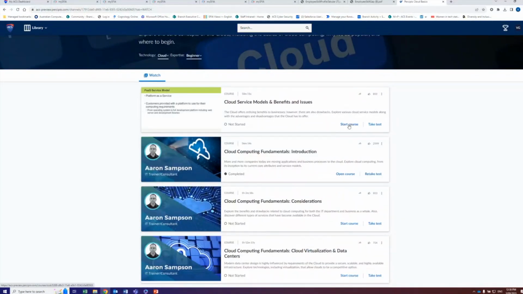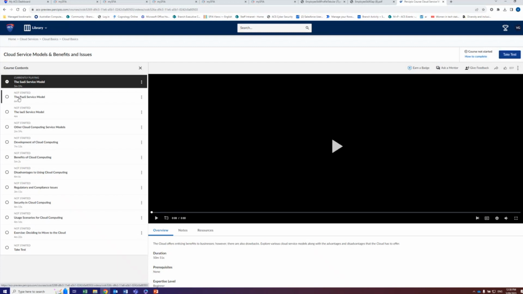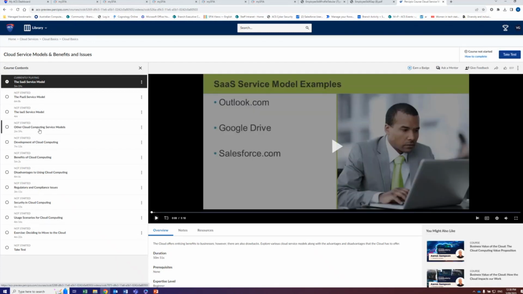To start a course, you just go to start. But I guess the key thing here is it shows you how long the course actually goes for. Once you get into this part here, it shows you that it's broken up into different elements of it. So you only need, say, 5 or so minutes to complete one part of it, and that will then be remembered in the recent learnings that I mentioned earlier. So here's the test that I mentioned, that if you complete this test and get a pass mark of 70, that will demonstrate that you've completed that particular course.